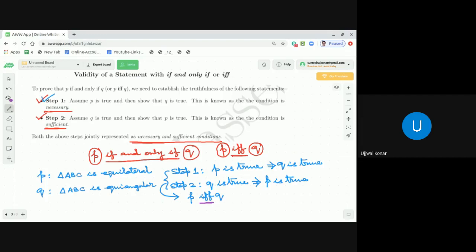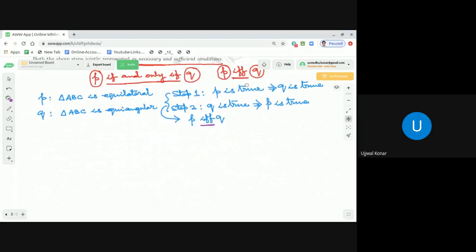Now, dear students, let me give you a very practical example, so that it will be very clearly understood where the statement if and only if works and doesn't work. So suppose there is a statement P. Okay, so let me write it down here. Let me use a different color, something like green. So what is our statement? P,